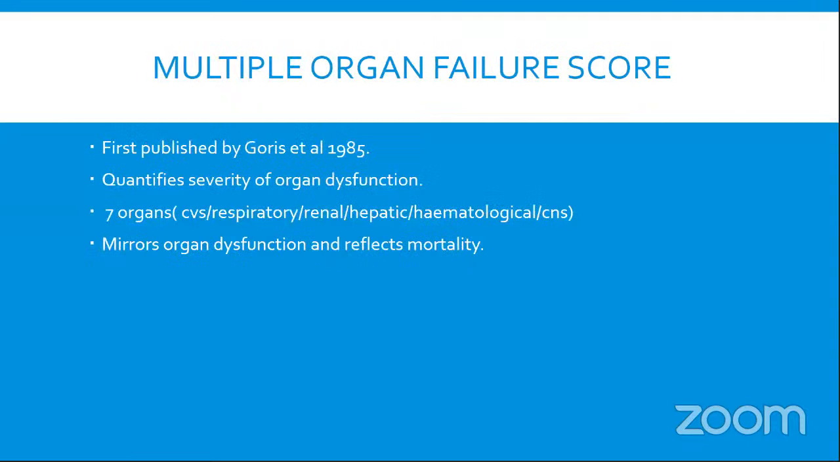We're also aware of the multiple organ failure score. The MODS is the multiple organ dysfunction scoring system, first published by Goris et al. in 1985. What they do is give a point to each of the variables from selected organs. And how the selection is done is